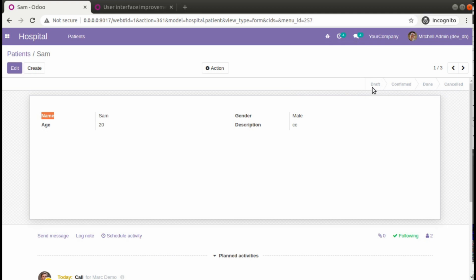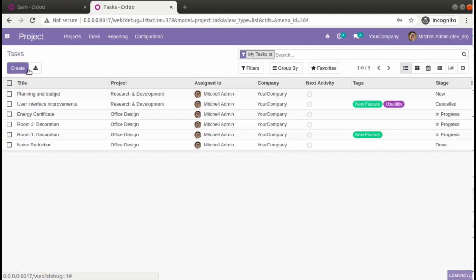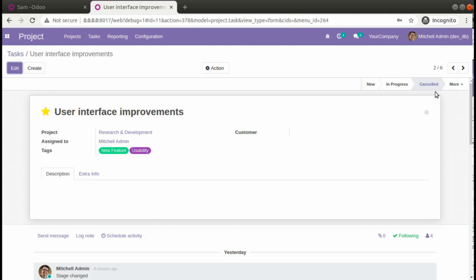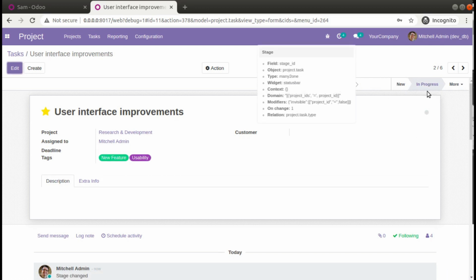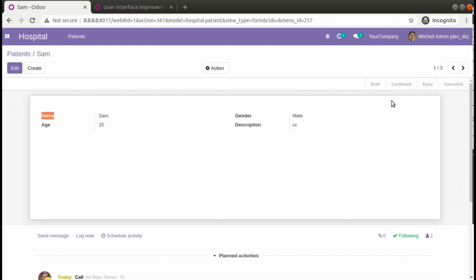Suppose you need to set draft as a default value. Right now when you are checking, it seems none of them are selected. If you go to task, this is the task form view. Here you can see a highlighted one. The highlighted one is the selected one or the current state. If I move to the progress state, you can see the dark color changed to in progress. That indicates that the record is currently in the new state. But you are not seeing anything inside our status bar because we haven't set any value yet.